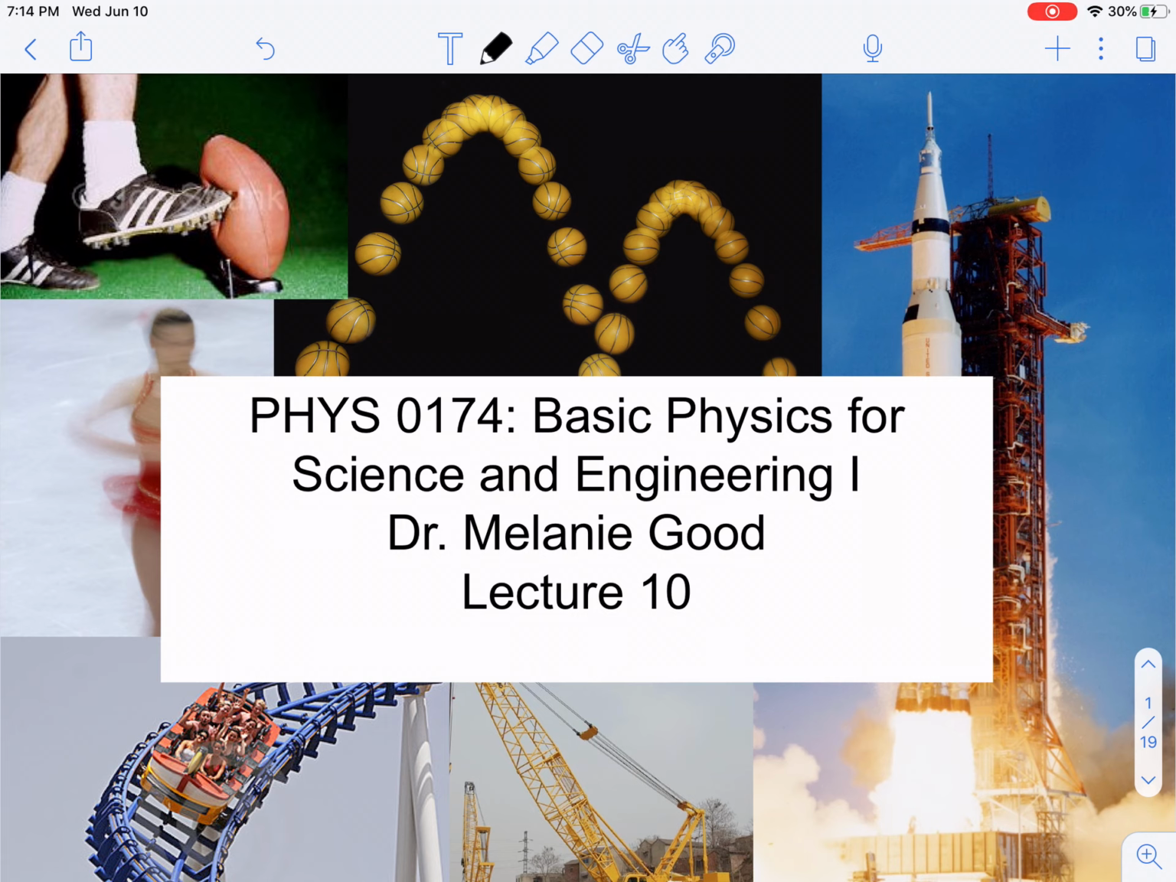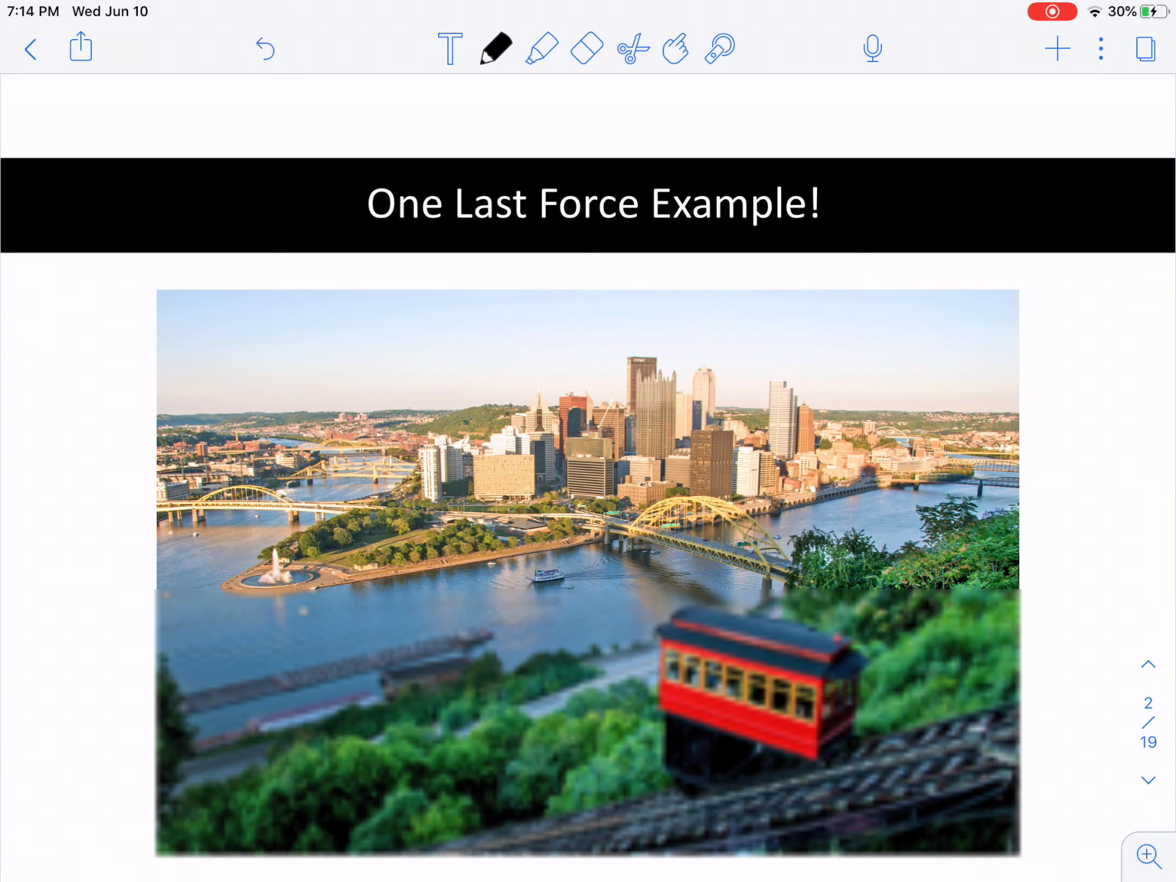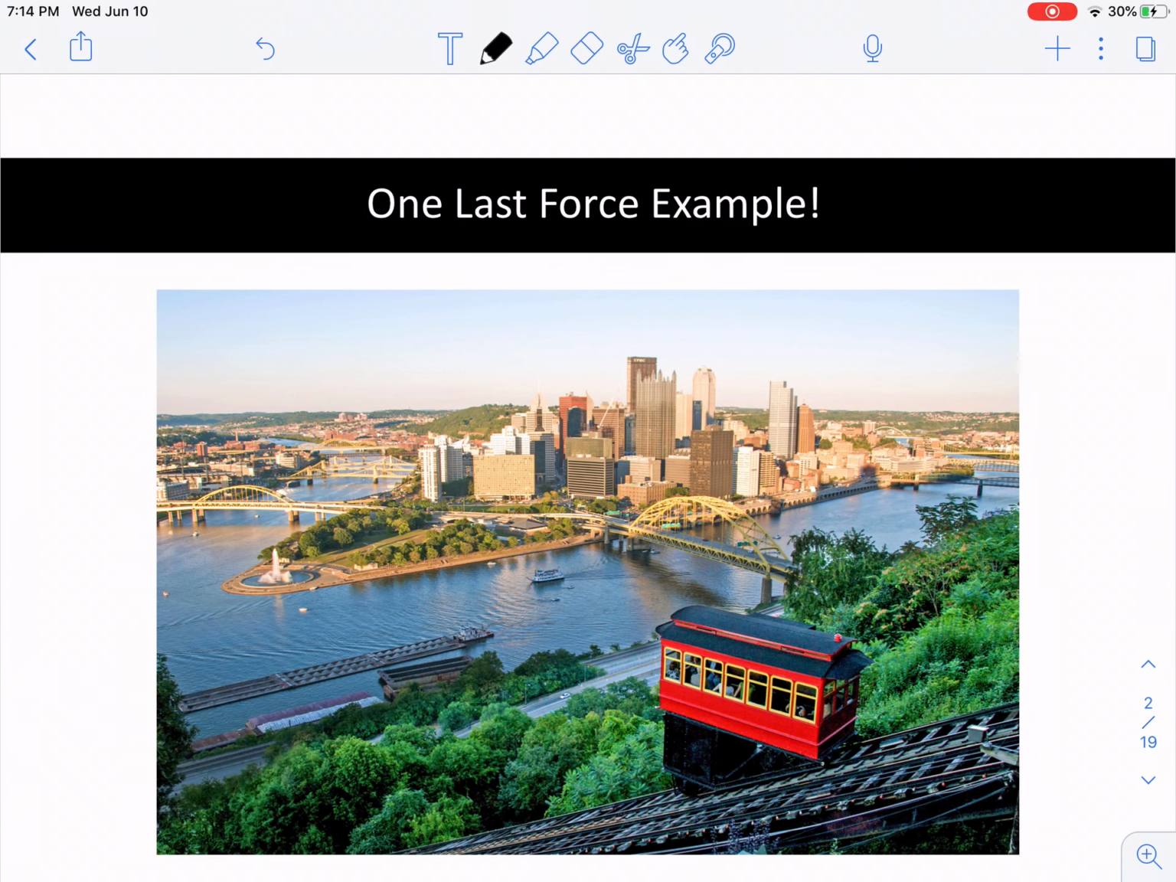Welcome. We are going to continue our discussion of Newton's laws and Unit 2, and we're actually going to wrap up Unit 2 in this lecture and start introducing the very beginning of Unit 3. So I promised you one last example where we are going to apply Newton's laws,